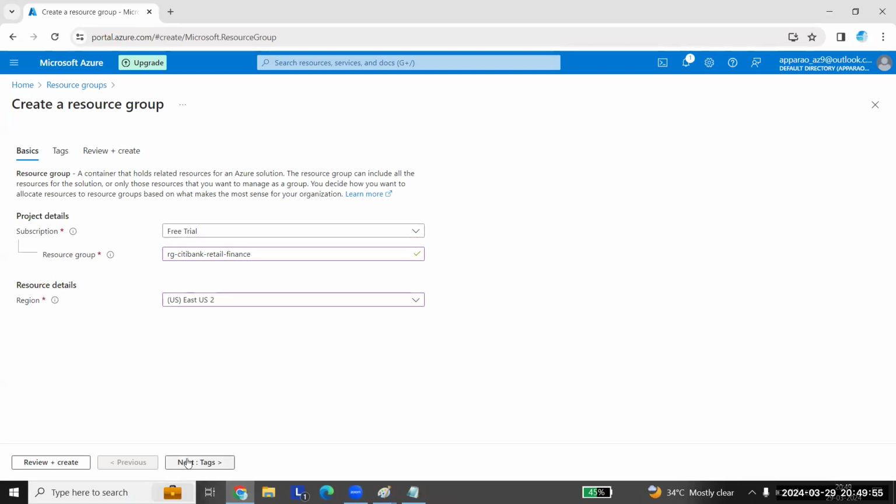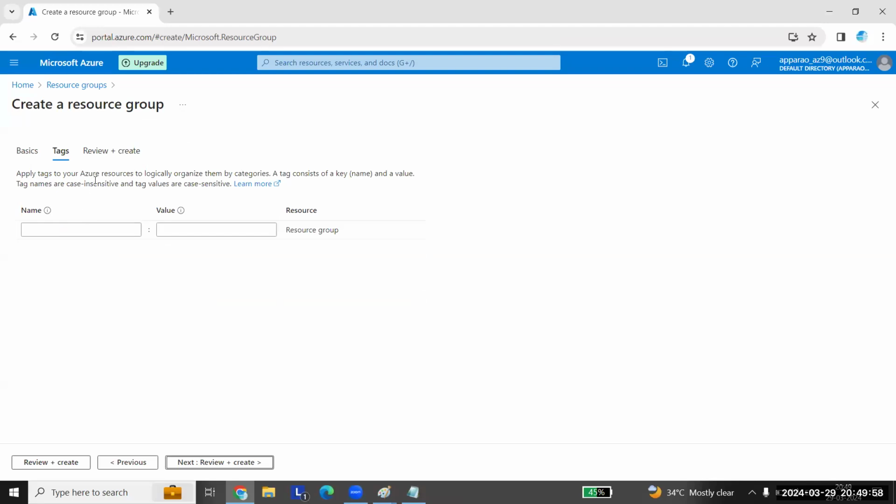Now say next. Here it is asking you for tags. What do you mean by tags? When you're creating this resource group, you can give some meaningful tags here. Every project will have a project ID, account ID, project name, customer name, and line of business.